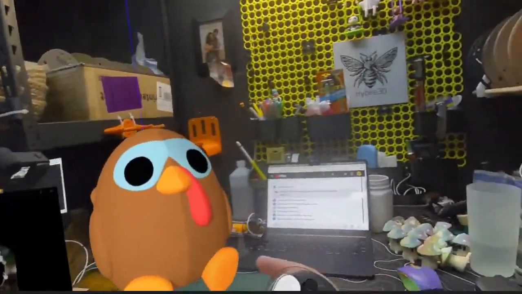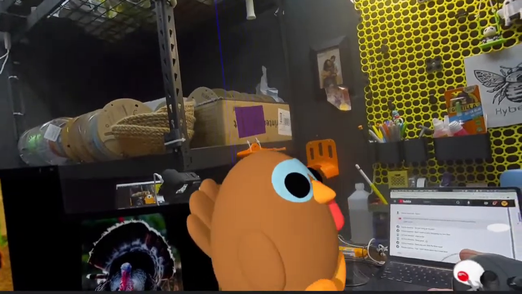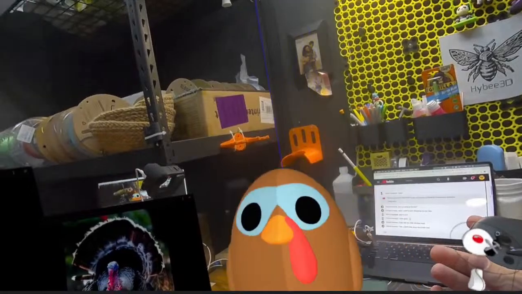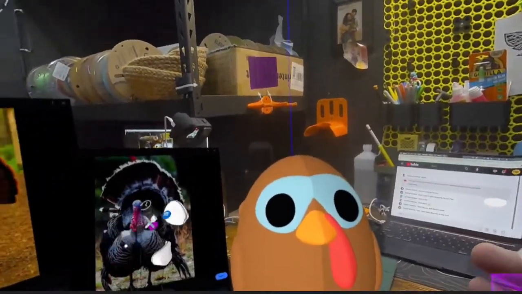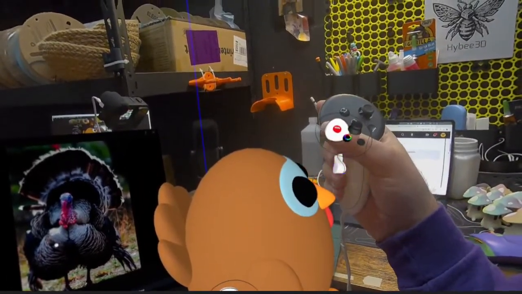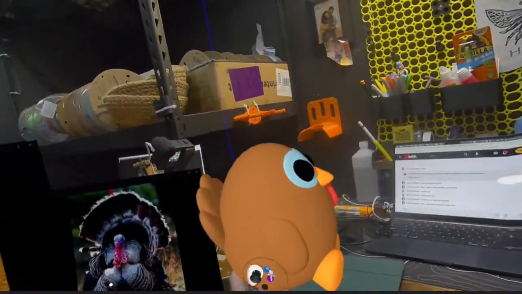And by the end of the night, I would like to be able to have at least a semi-working multi-part print to where all these can just kind of be printed out in multiple chunks and then put together. So what do we think?